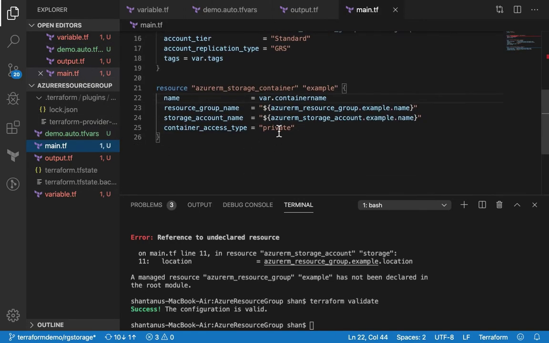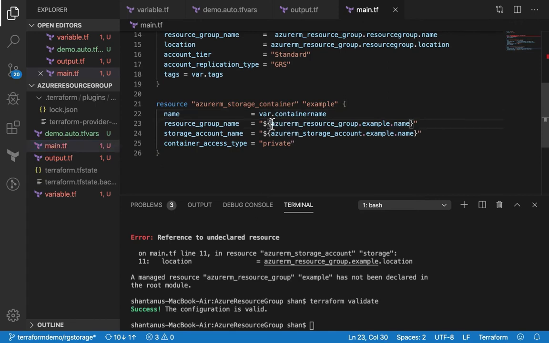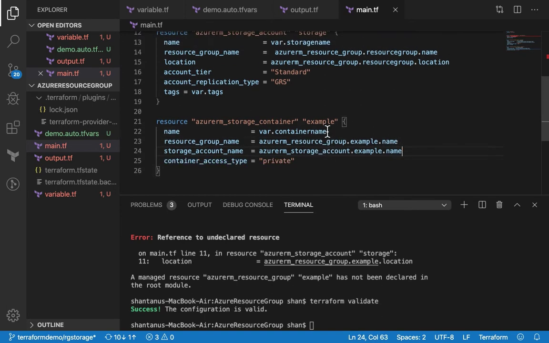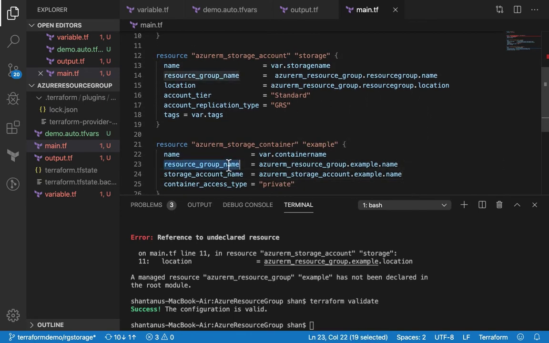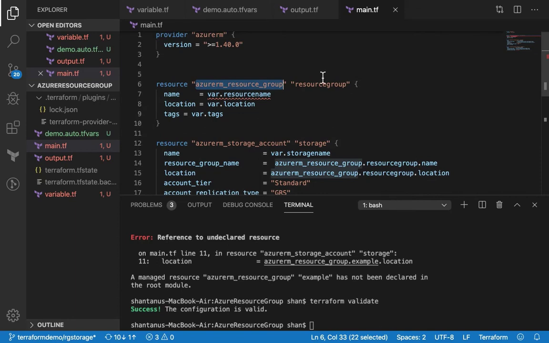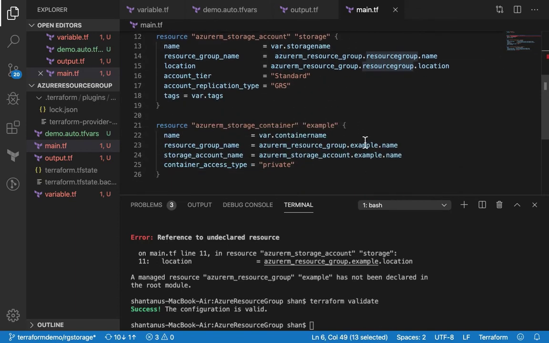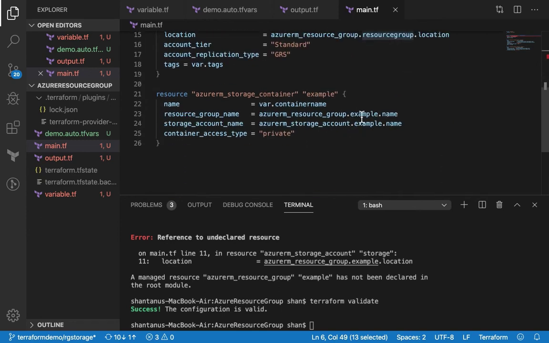Alright, sounds okay. And then we're going to use the container type as private. We're going to remove the interpolation, and maybe from here as well. Cool. We're going to be hit by an error again if we use the same code. So the resource group name should be referenced as the name of the API, dot resource group dot name. So we're going to replace the example with resource group. Similarly for location, and if I do a Terraform validate,